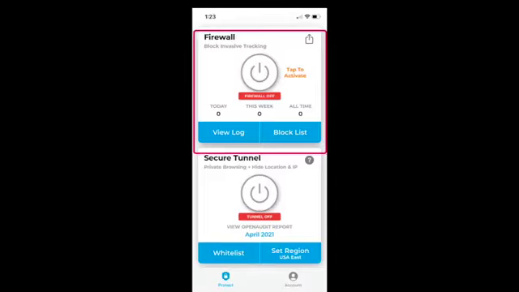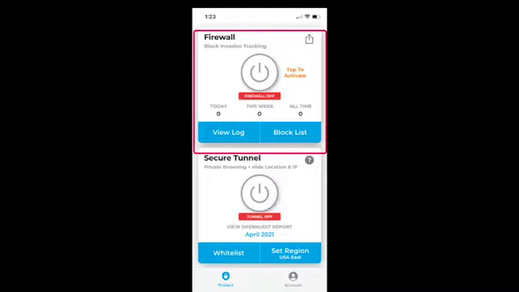The second one is a paid service. That is not what we are talking about in this video. It's a paid service, and it is used to get extra security when you're using the phone. For example, if you wanted to hide your location or hide your IP address, you can use a Secure Tunnel. Again, that's a paid service. What we are talking about here is the first one, which is used to block this data from being transmitted from your phone to outside companies.